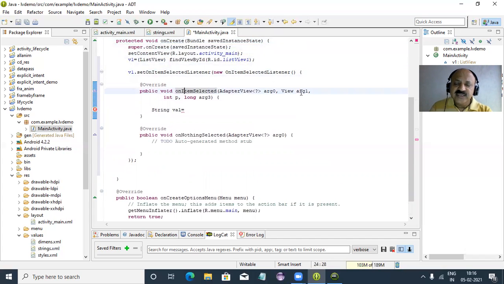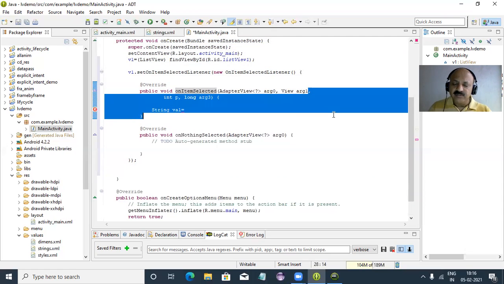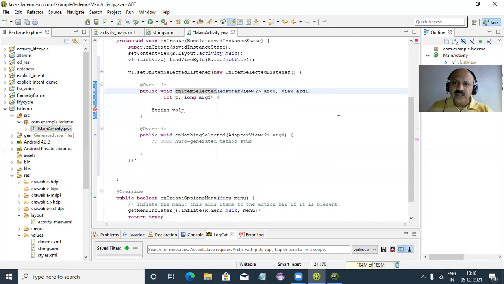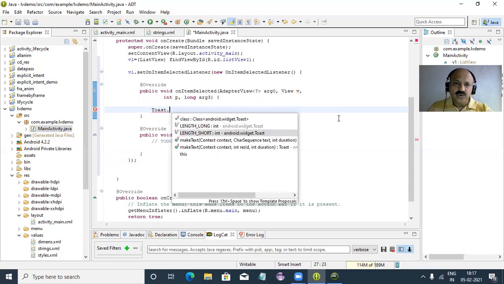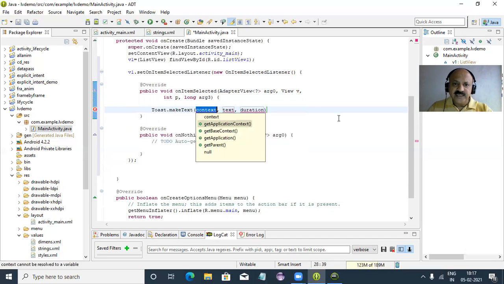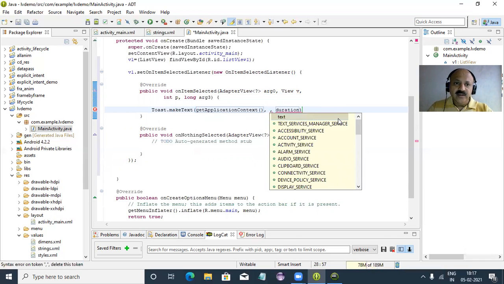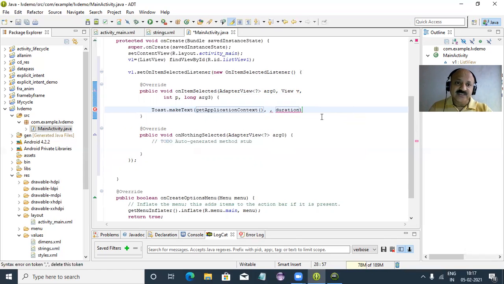When the user selects the item, there is a view here and the position is P. So here it gives the item, let us check. Here I use only V, because V1 is our list view. So we can use it directly in the Toast class, not any string variable. So Toast.makeText(getApplicationContext(), and first we can use a text view.